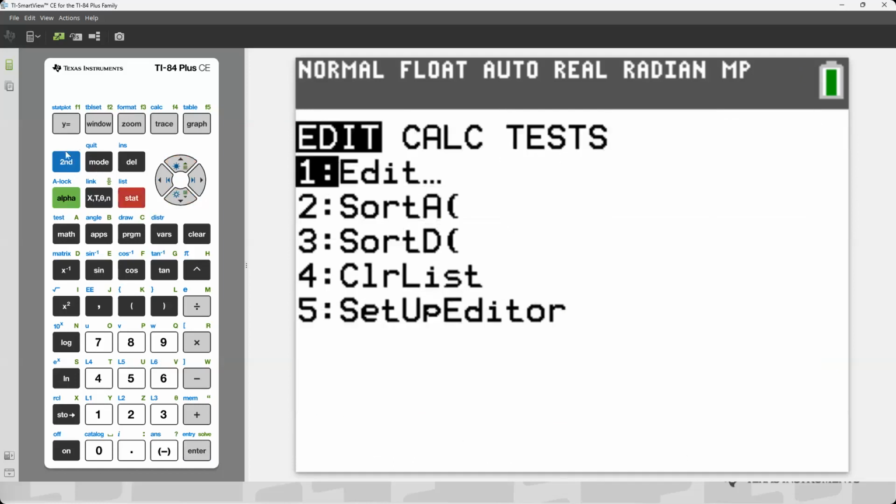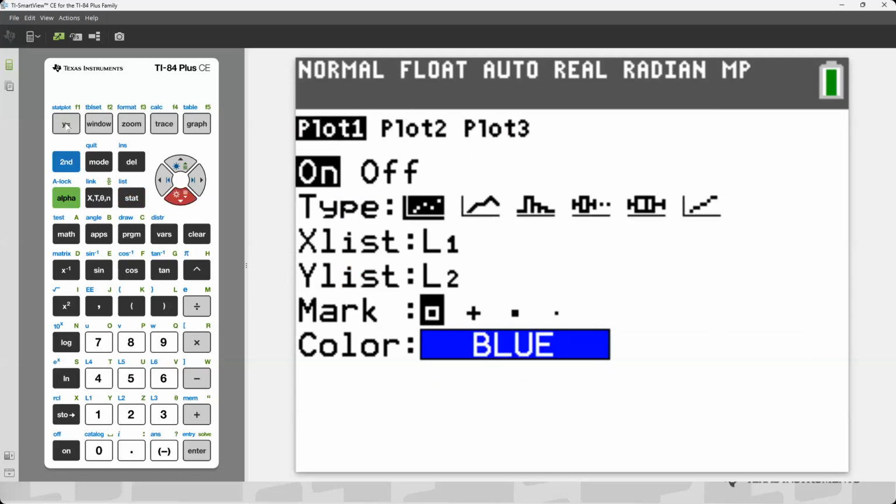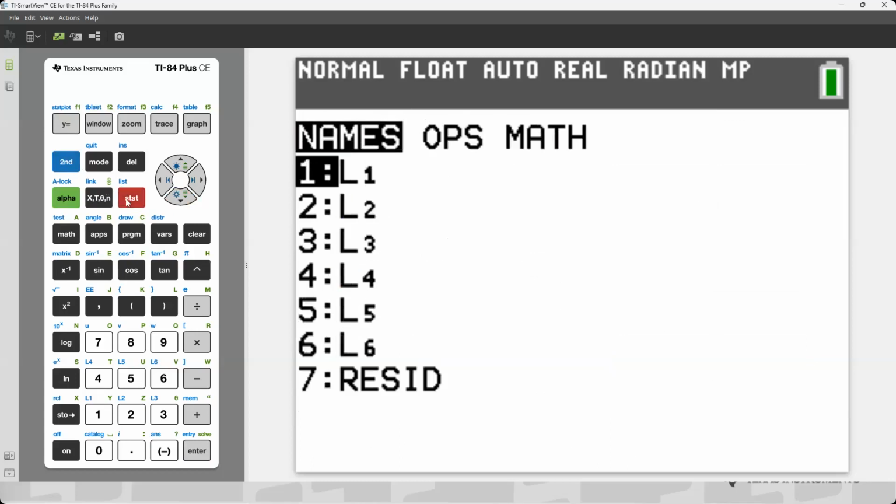So I'm going to go into my stat plot here. And I'm just going to change that first plot for just a moment to make my Y list be my residuals. I could either do that by doing L3 because I already put that in my list, or if I wanted to, my son was pointing this out, that this is how his teacher showed him.